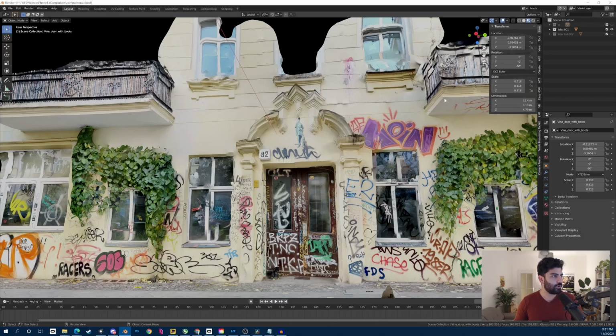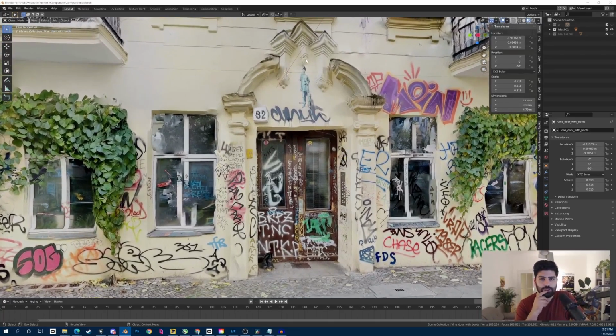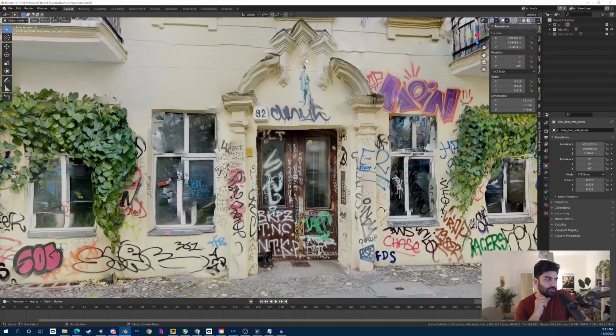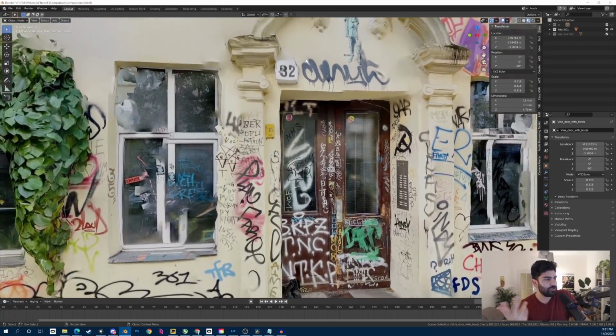You pretty much always need to factor in cleanup time if you really care enough about the model. When it comes to alignment issues like we're seeing here, honestly, this stuff is not fixable. It's, you know, with photogrammetry,